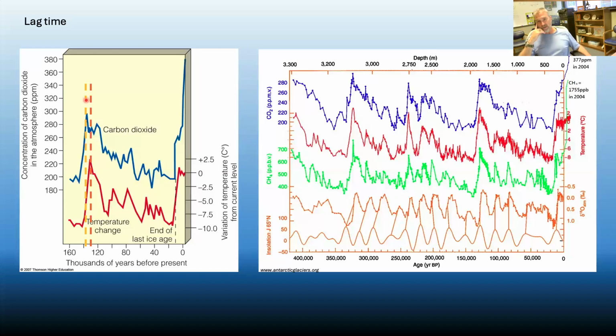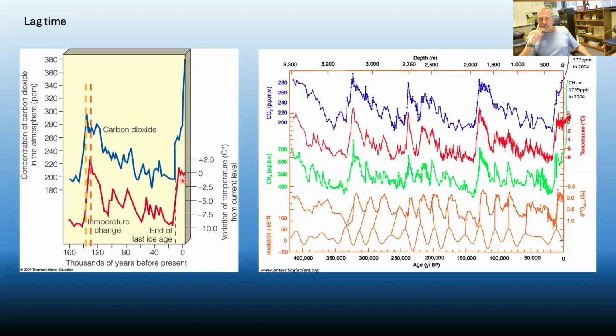There's a lag here. So I put this yellow line through the peak of carbon dioxide and this red or orange line through the subsequent peak of temperature. All right, so you can see here was a relatively warm period, about, what is that? Somewhere in the neighborhood of 140,000 years ago. 140 to 130,000 years ago. All right, now look where carbon dioxide, remember this? This guy up here, look where it is now.